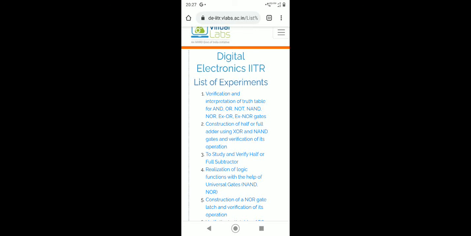Okay, first of all suppose we will start with some logic gates, mainly the basic gates. One is the AND gate, so we are selecting this. Here you can see that the aim is to verify and interpret the logic and truth table for AND, OR, NOT.